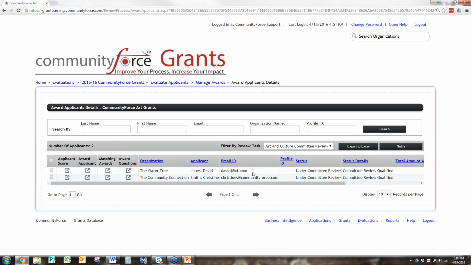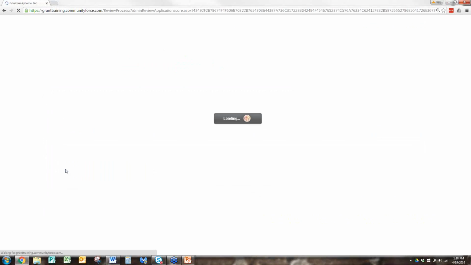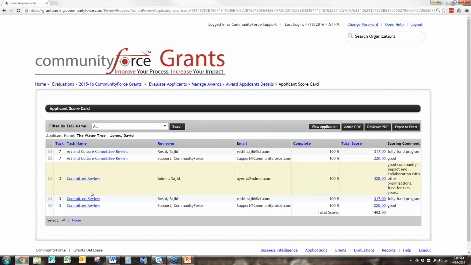Some of the items over on the left-hand side: we have the applicant score. When you click on the applicant score, this is going to allow you to see all the tasks that the applicant was scored on. So if I click on this specific item, you're going to see he was scored on all these different tasks here. And so then if I go back,